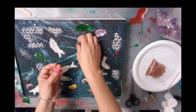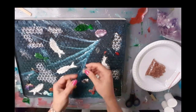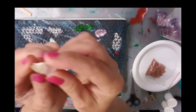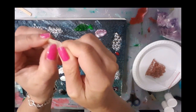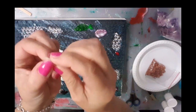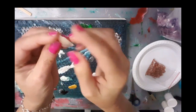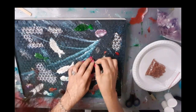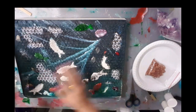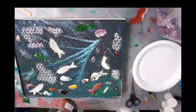These little clear ones I thought I might just use to turn them into like jellyfish. This one's real interesting because it's actually got something stuck in there. I think it's just like a shimmery pigment, but it's inside it. It's pretty thick, and that's gonna really give me a good effect of a jellyfish. So I might put a couple there and then put another one over here just to give it a bit of a... Okay, and then I'm gonna have some of my rocks,